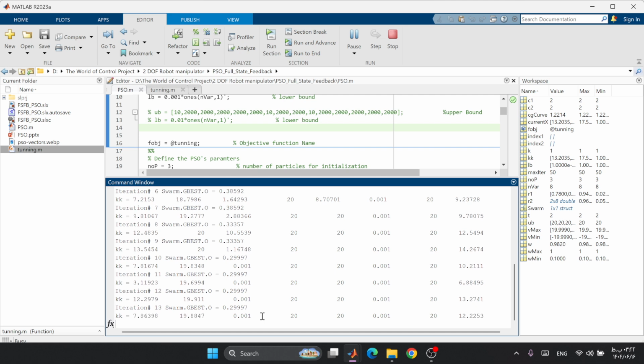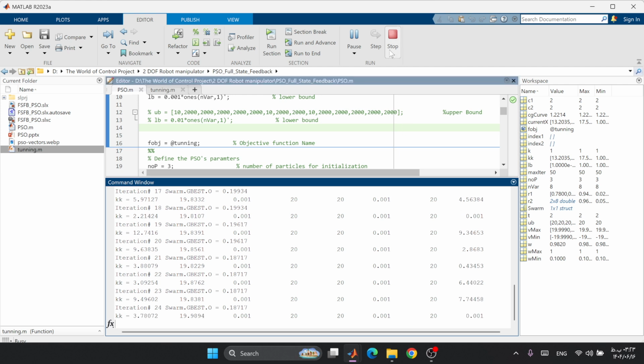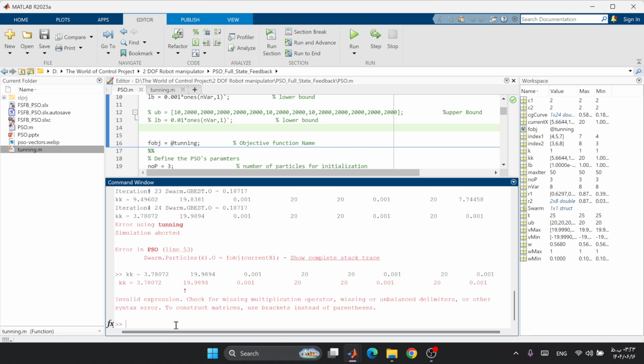I will stop the optimization in the 20th iteration because I think it converged to 0.29 and it found these values for our 8 gains. 0.19, okay, I will wait a little bit more. 0.18, okay, that's enough. I will stop the simulation and use these values